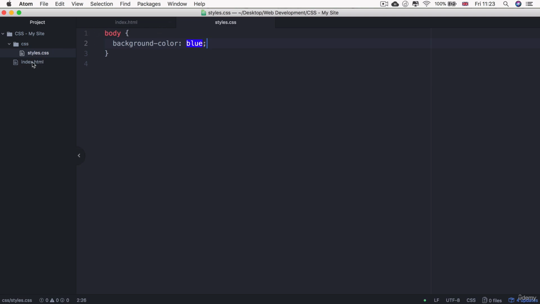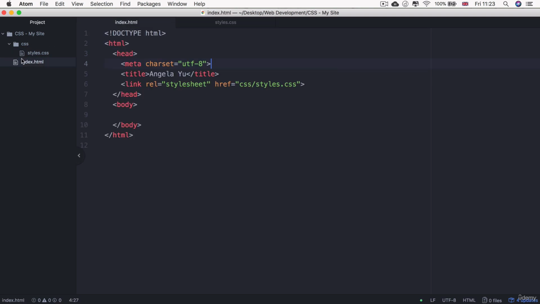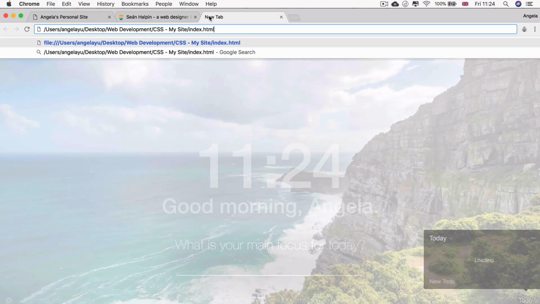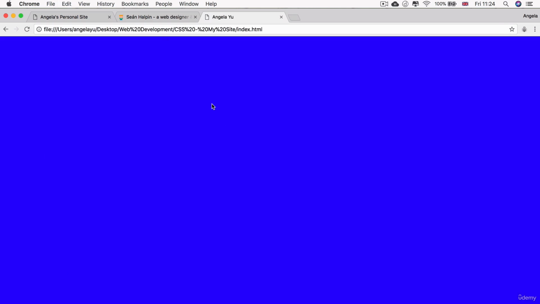But now we can check to make sure that everything worked by right-clicking on the index.html and clicking on copy full path, then going into Chrome and just pasting that into the browser bar. And there we go. This is our brand new beautiful site that is just a blue background. But that means that everything we've done so far has worked out, and you can see our title is showing